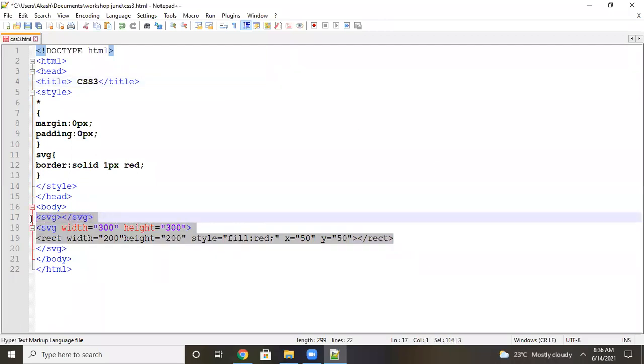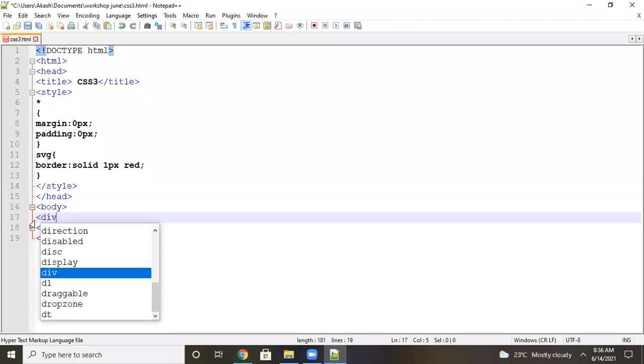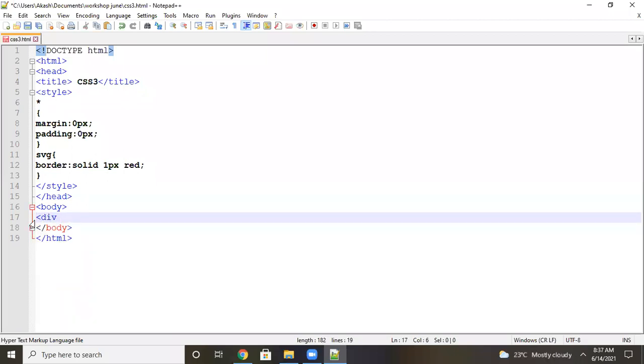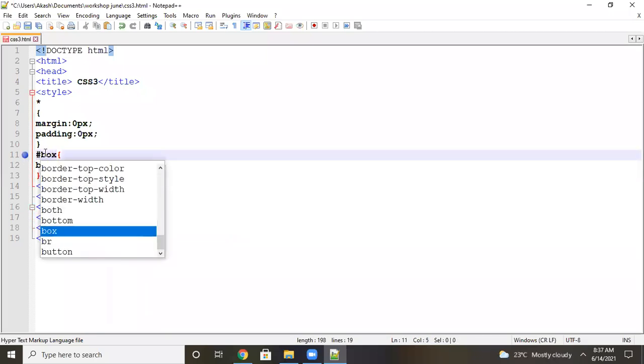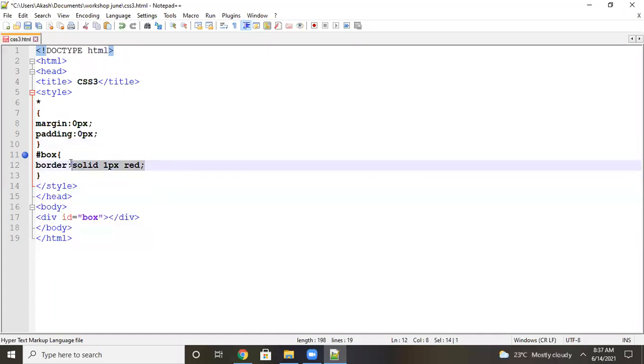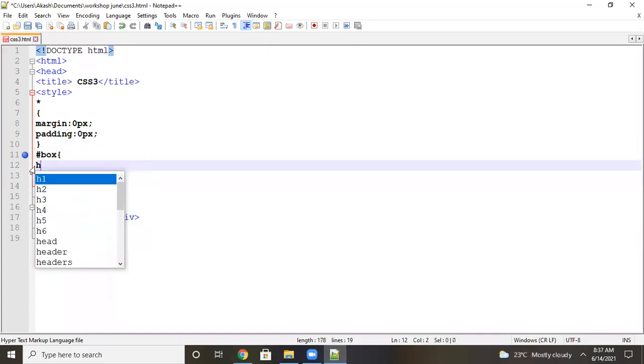Let's say I will take only one division tag and assign some properties. I will make it id equal to box and close it. And here you can write the selector hash box, and take height and width also.